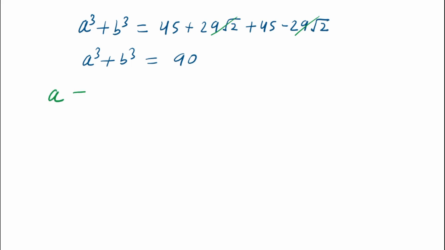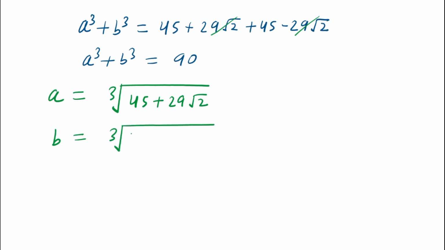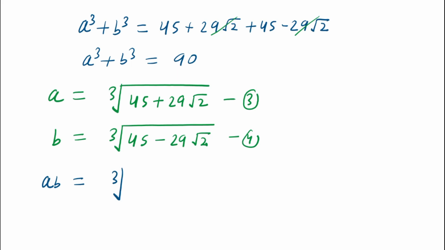a is equal to cube root of 45 plus 29 times square root of 2 and b is equal to cube root of 45 minus 29 times square root of 2. Let us consider this as equation number third and this as equation number fourth. Now multiply both the equations, then on the left hand side a times b is equal to cube root of